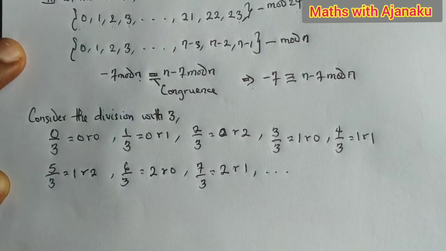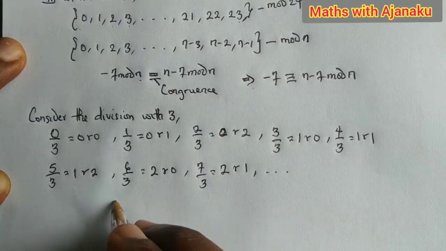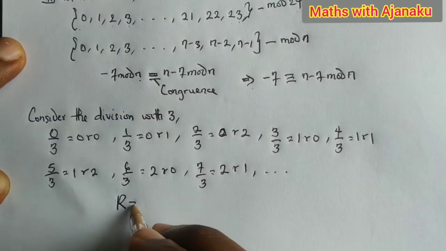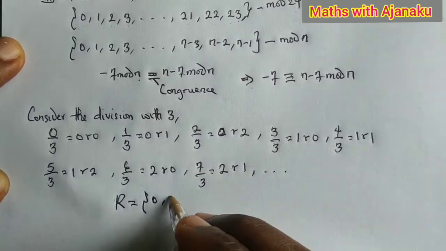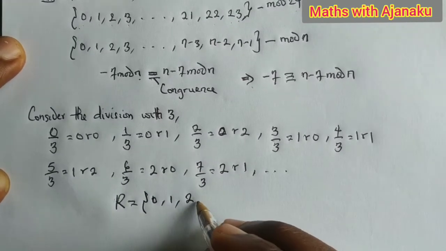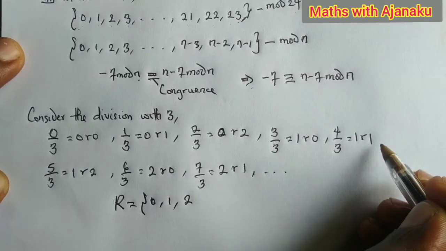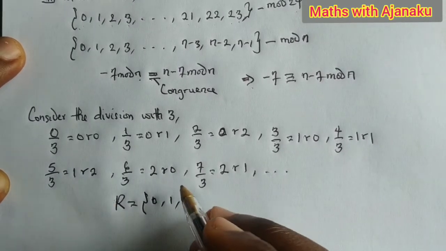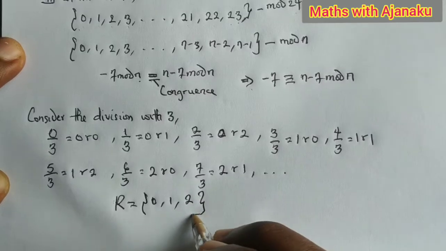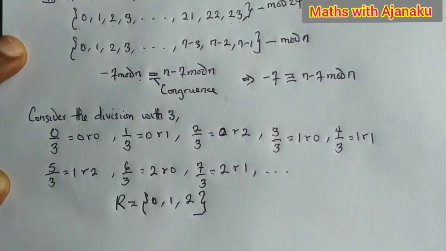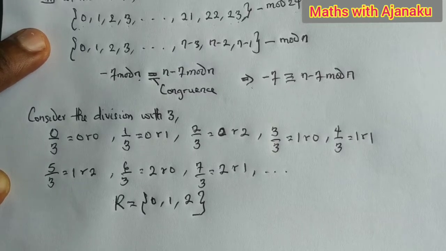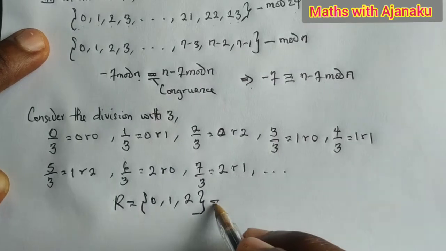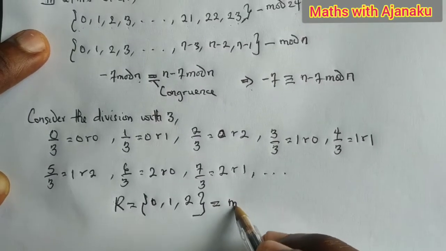If you take a look at the set of the remainders, you would realize that the remainders are starting from 0, then 1, then 2, then 0 again, then 1, then 2, then 0 again, 1, and 2. So, when you consider this set, you realize from the definition of modulo, or the kind of numbers that belong to a modulo, that this is a modulo 3 element,